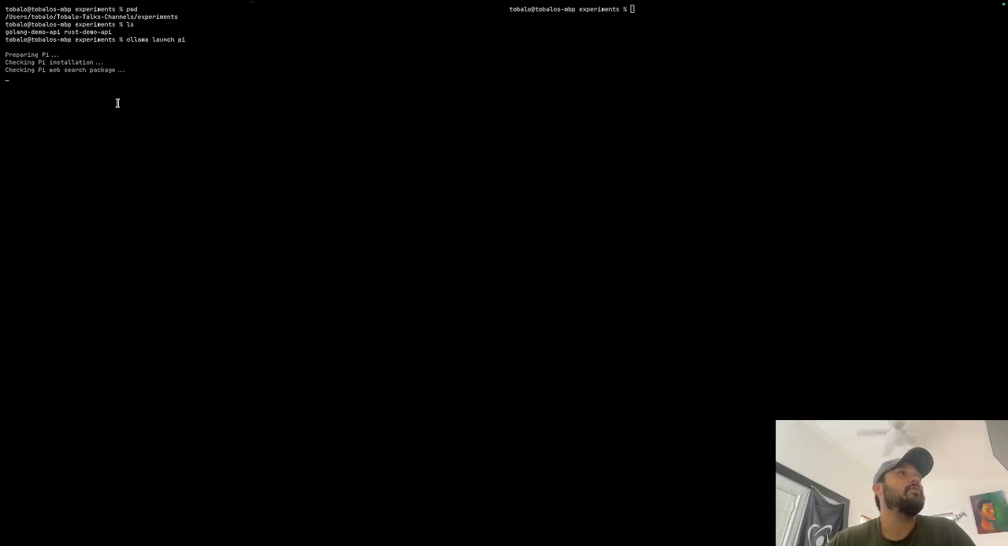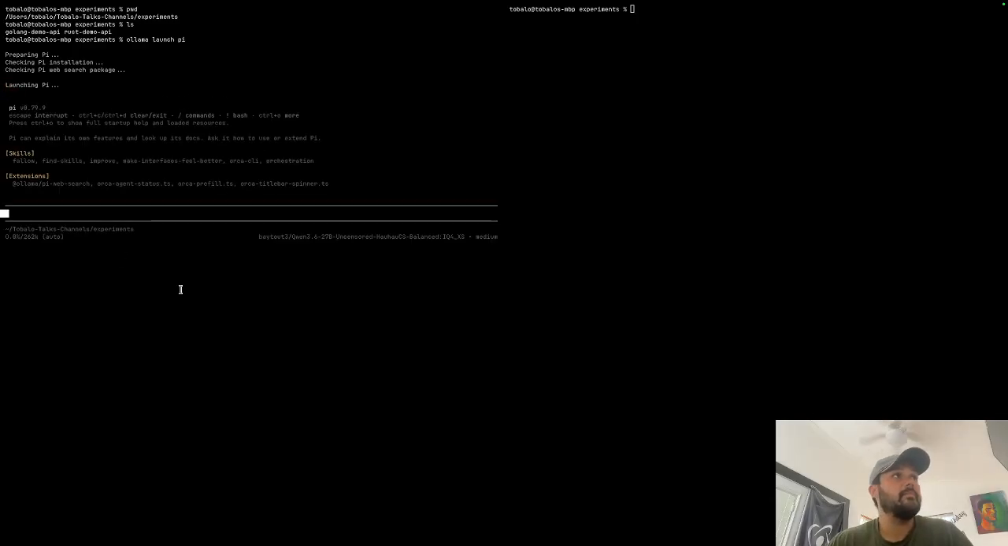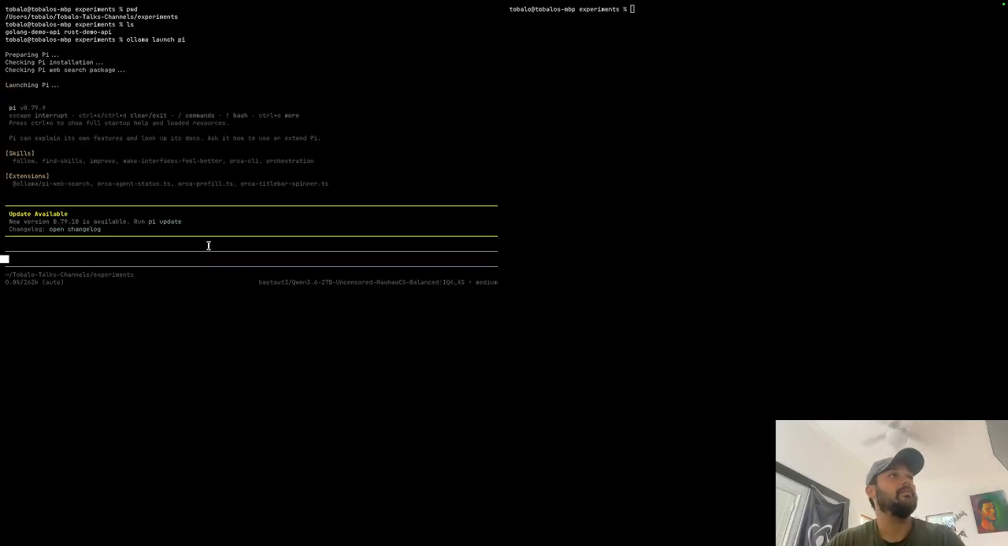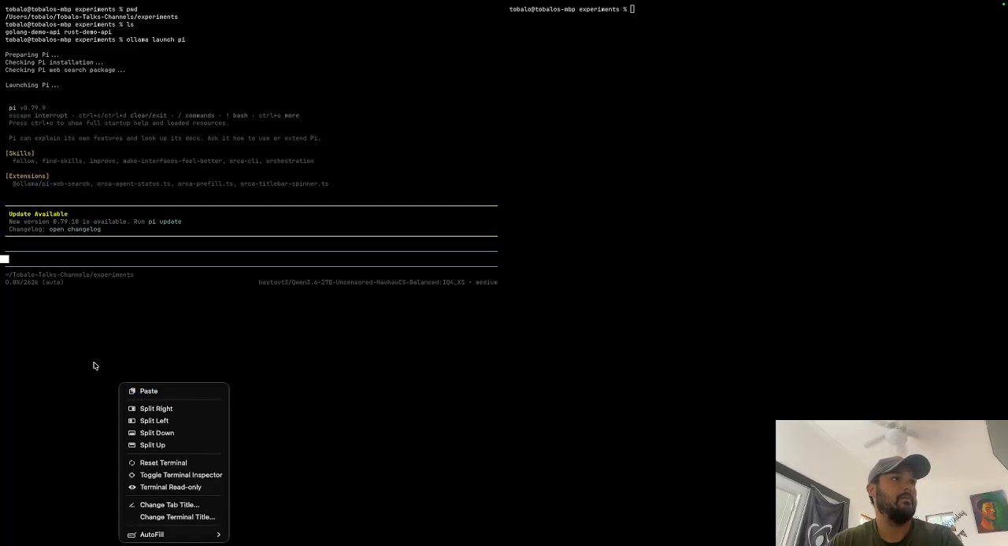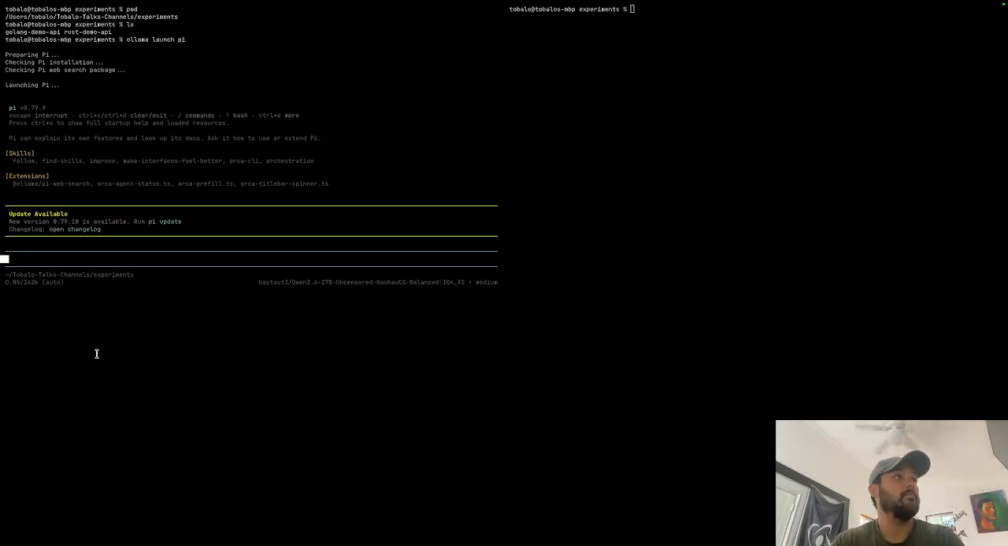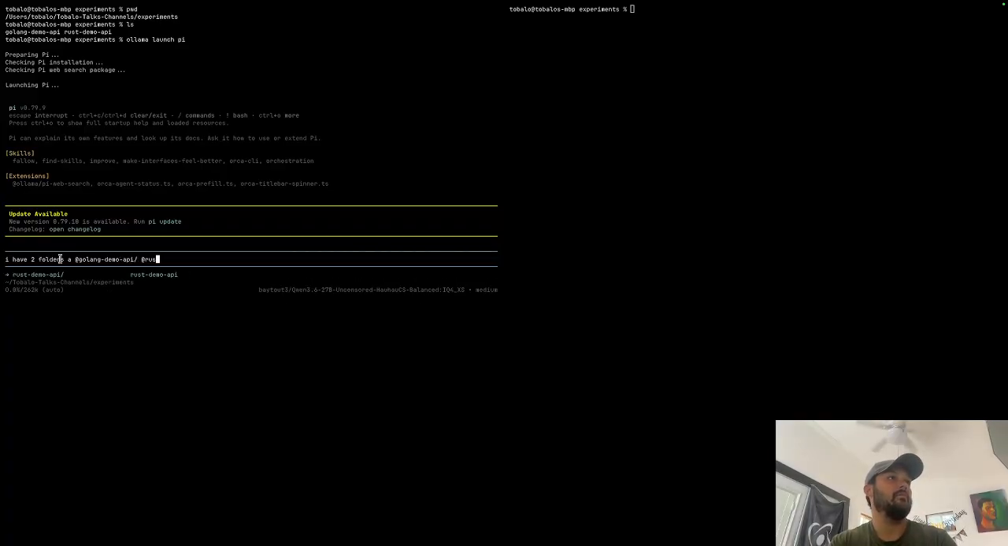Okay, so now what we're doing is we're launching Ollama Pi. I don't know, maybe I can zoom in here. I don't think I'm going to be able to. Okay, anyways, so we have our Ollama Pi here. Looks like there's an update, but I'm not going to worry about that. I'm going to say I have two folders, a Golang demo API and a Rust demo API, and then I'm going to say in each